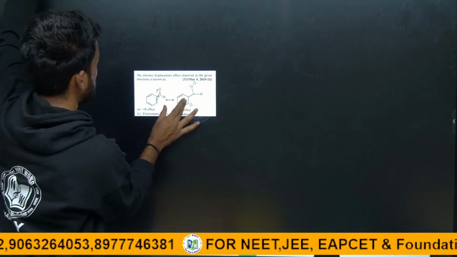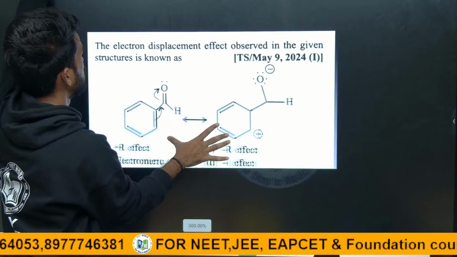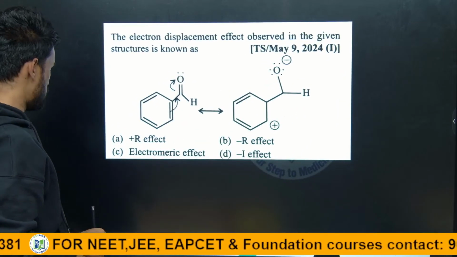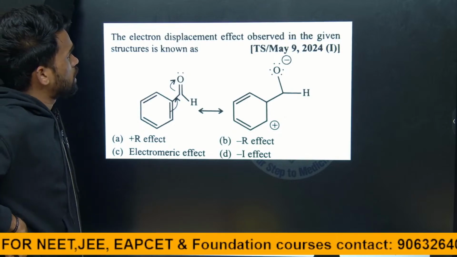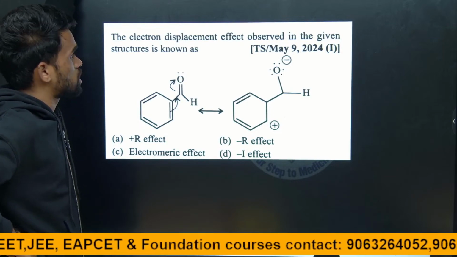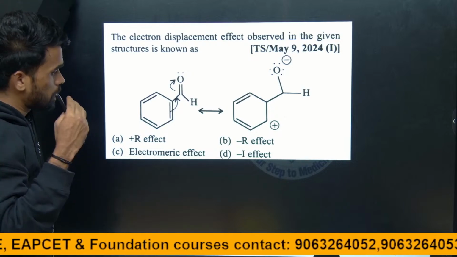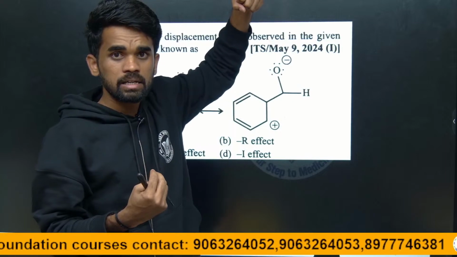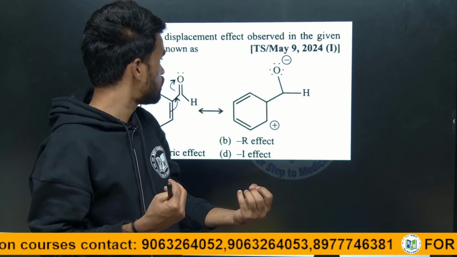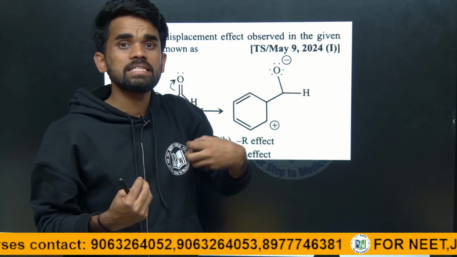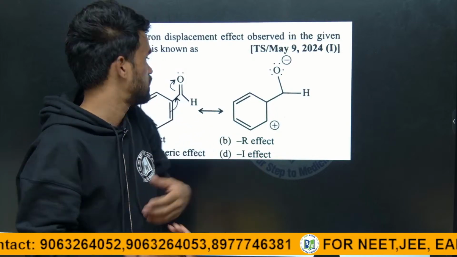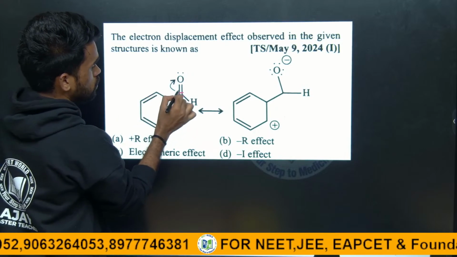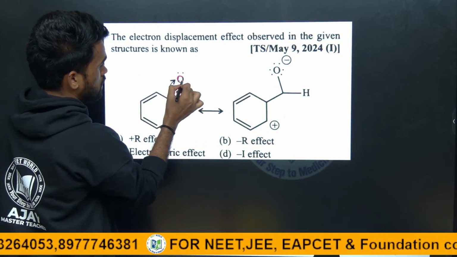Next, try to find the answer for this. The electron displacement effect observed in the given structure is known as, see what I told you, if electrons withdraw from the ring, we can say it is a ring deactivating group, and the effect is called minus M effect or minus R effect. So these electrons, see here we have a carbon,